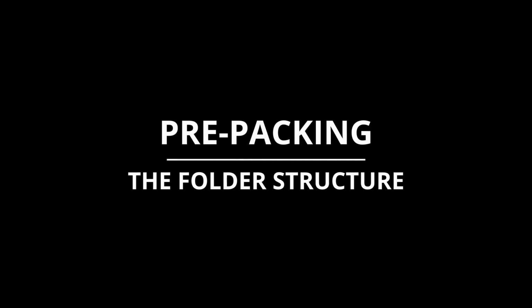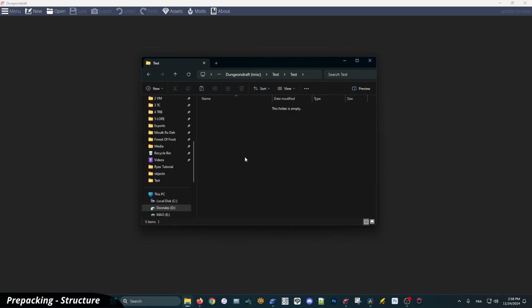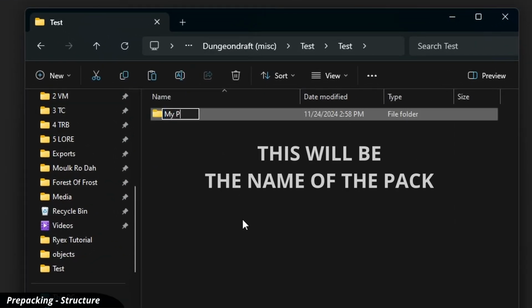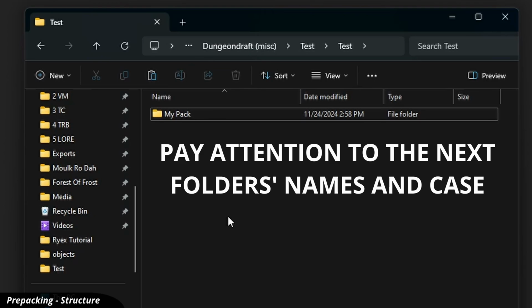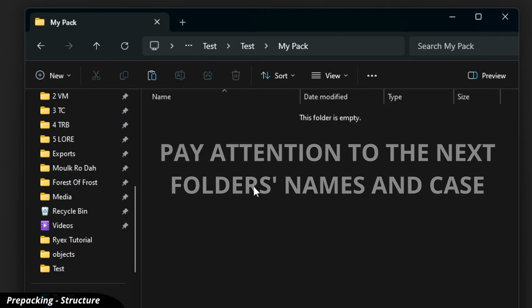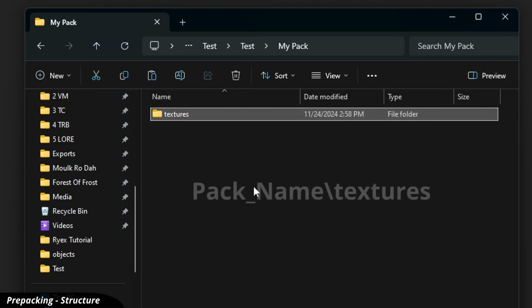Now let's have a look at the folder structure. You need to start with a folder that will have the name of your pack. Let's say My Pack. From here, it is very important you name your folders the exact same way as I do, capital letters included. In the folder, you will need a Textures folder without capital T and with a S